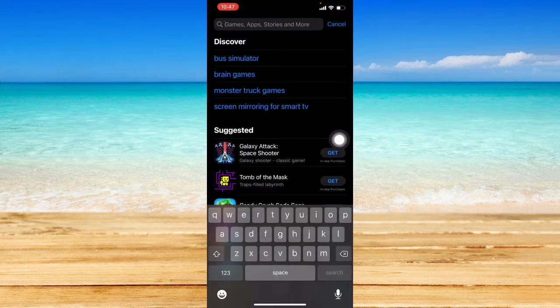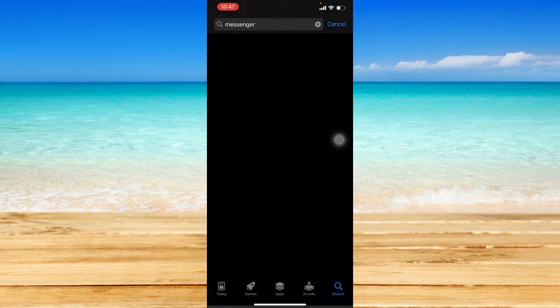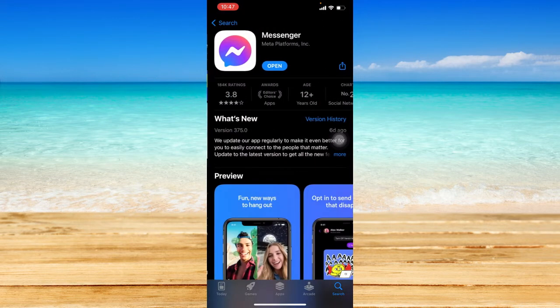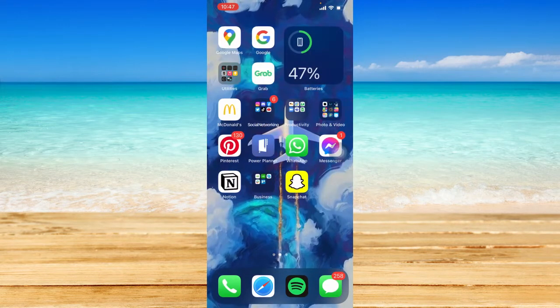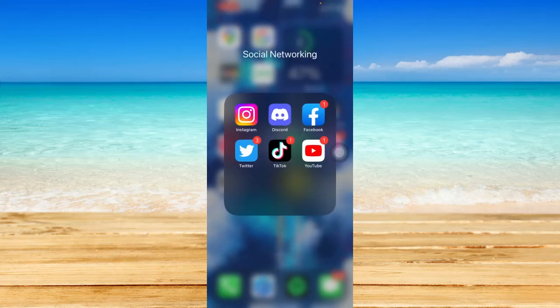And let's also check if our Messenger is up to date. So just search on it. And as you can see right here, it says open. That means that our Messenger is currently up to date. So assuming that I'm now done updating my Instagram and Messenger app, the next way that we're going to do